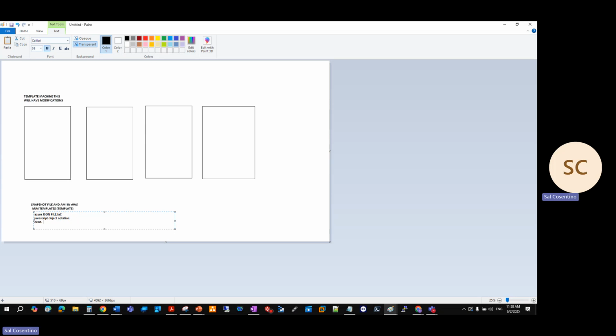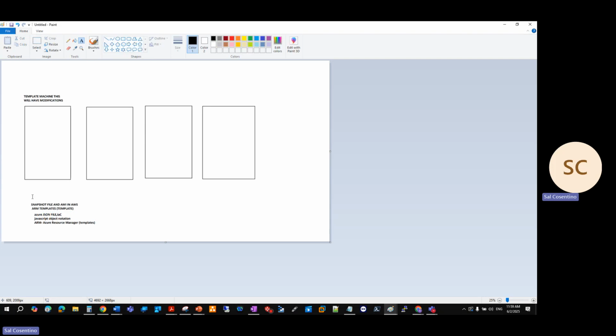ARM stands for Azure Resource Manager, right? And those are templates again, right? So these templates define your infrastructure and they define the configuration for those resources, and that includes your Azure machines, right? When we're talking about